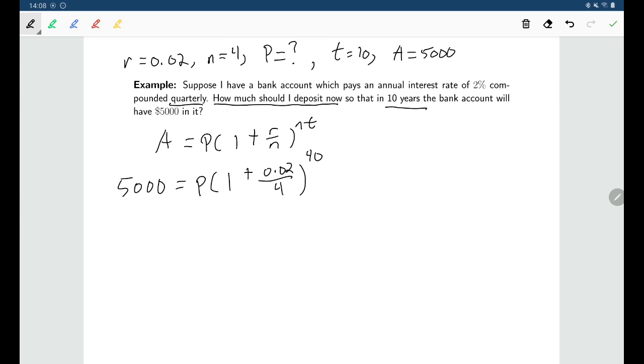And so now I just need to solve for P, and so what I'll do is I'll take this equation and divide both sides by that expression. So I'll have that P is equal to 5,000 divided by all of that, (1 plus 0.02 divided by 4) to the power of 40. And then when I ran that through my calculator, I got about